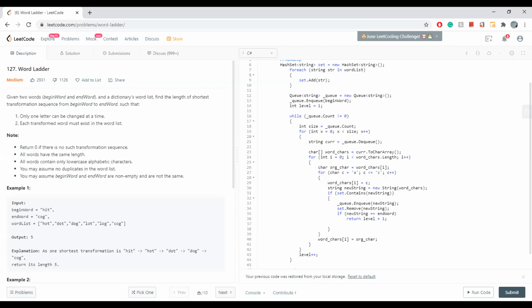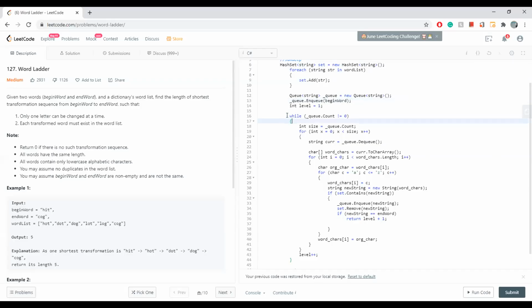Okay. So where is the adjacency list in this? How do you get the next node in this? Sandeep, go ahead. I initially tried that, but later I went to the discussion and found another way. What I'm doing is initially putting everything into the hash set, and then whatever the begin word is, I'm putting into the queue.